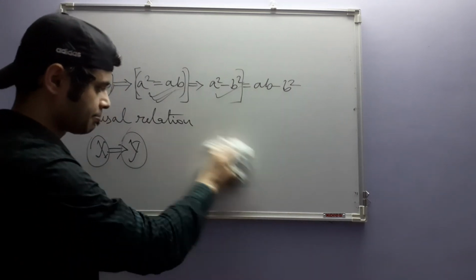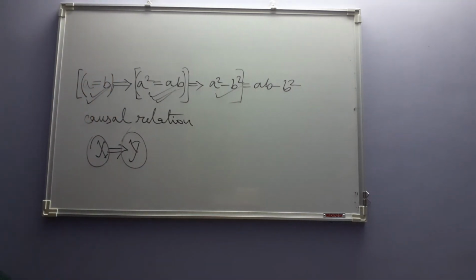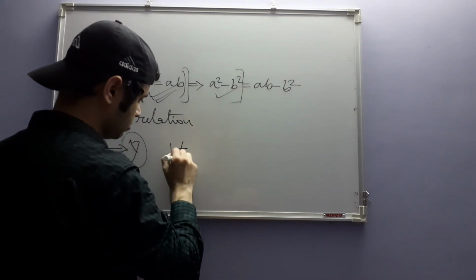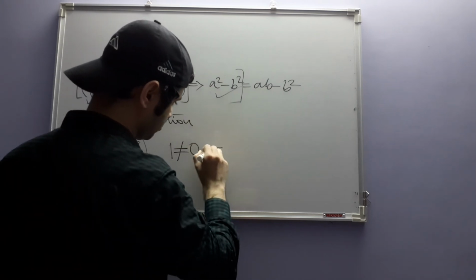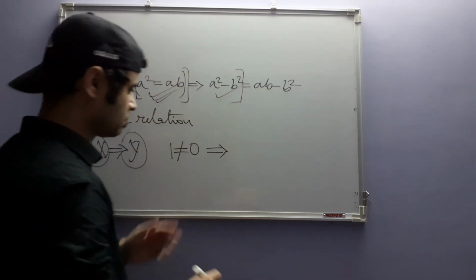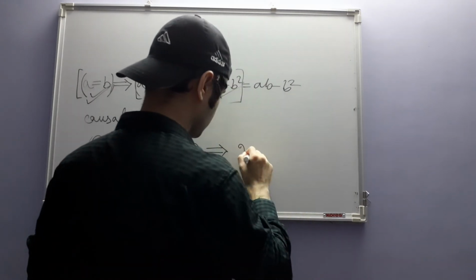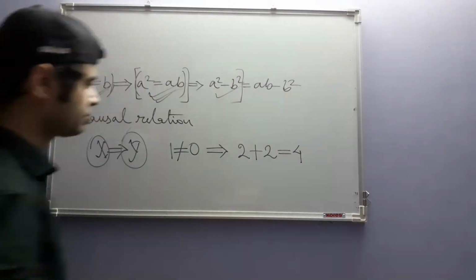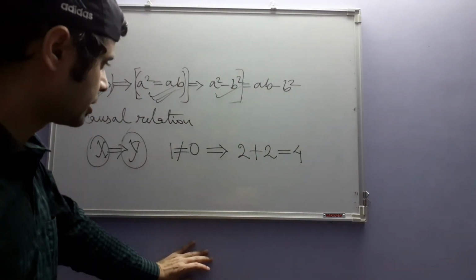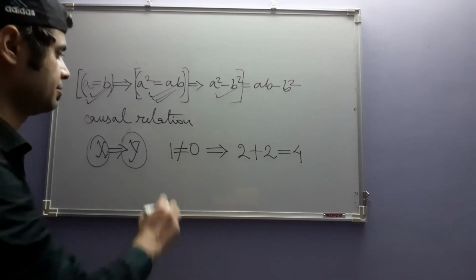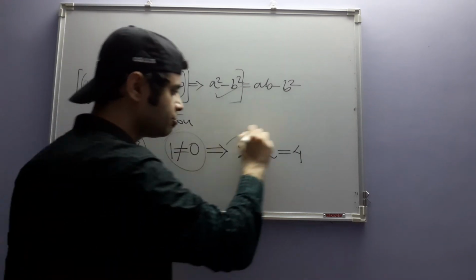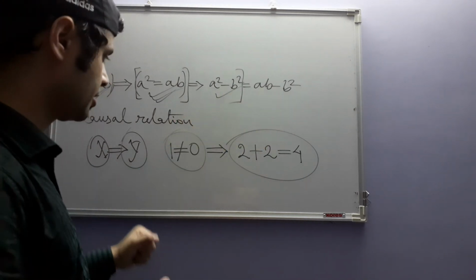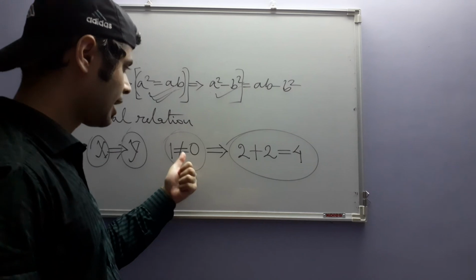Let me write some absolute true statement. Okay, in this case, you see that there is actually no apparent causal relationship between hypothesis and conclusion. I mean, in the sense that how do you get